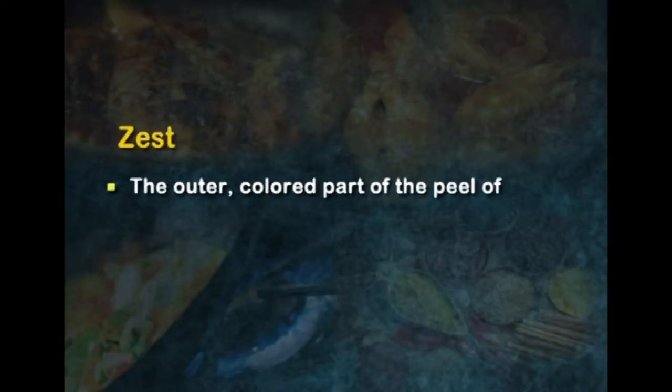Now, we come to the end of the terminology with the letter Z, and one term which is there is zest, Z-E-S-T, the outer colored part of the peel of the citrus fruits. So, students, I hope I have given you enough number of terms, the maximum number of terms starting with A to Z in terms of the food preparation.